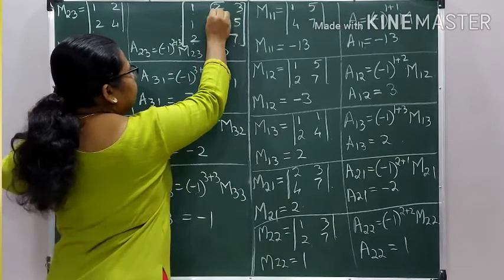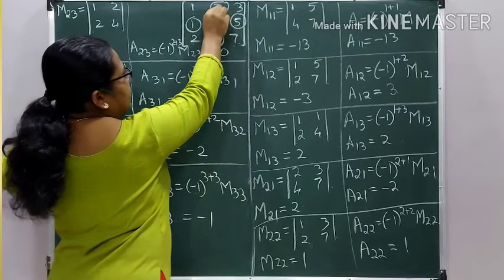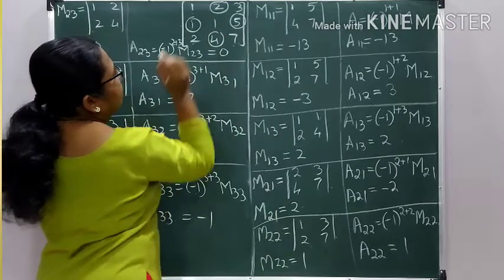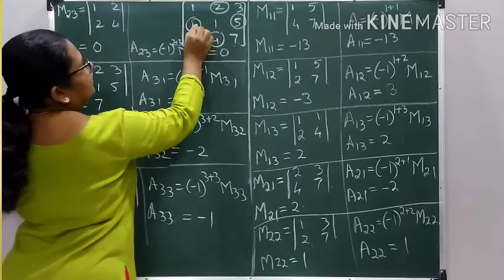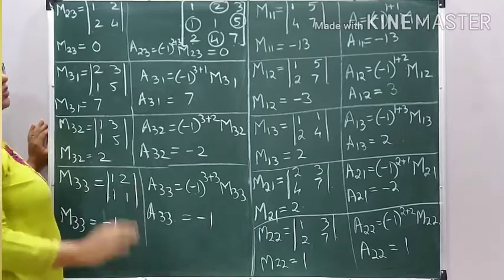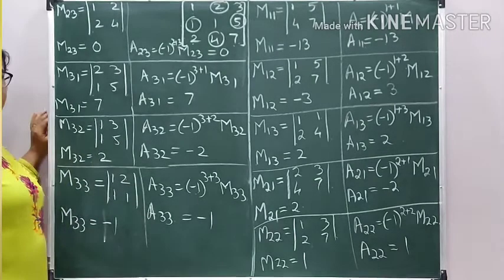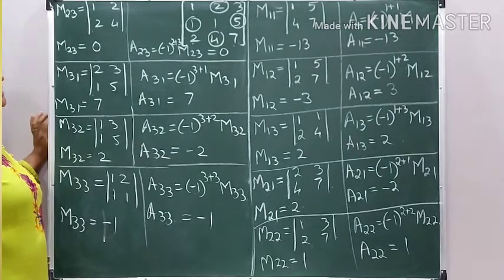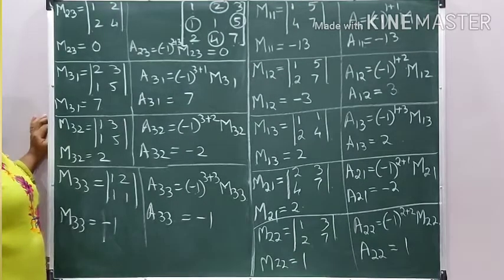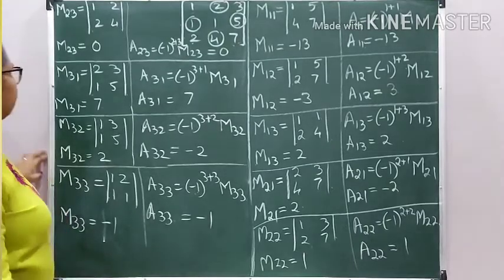The minors and cofactors for which the sign gets changed are A12, A21, A23 and A32. Their sum is 3 and 3, and 5 and 5, odd. So only for 4 elements you have minors and cofactors in the opposite sign. Otherwise all the 5 elements have the same minors and cofactors, because the addition of the row number and the column number gives you an even power. Okay.